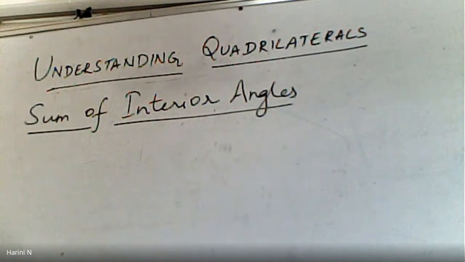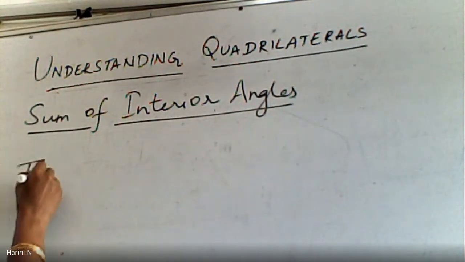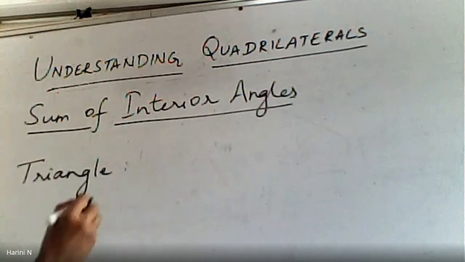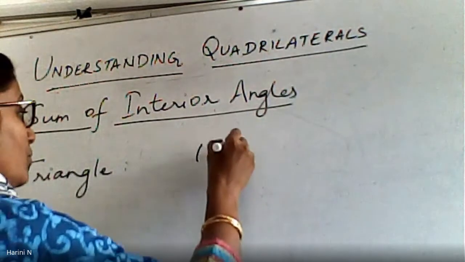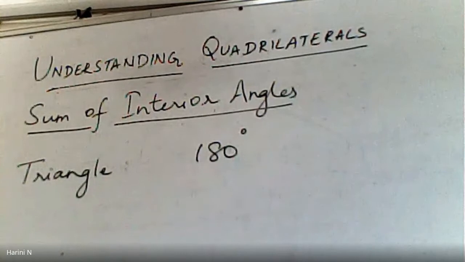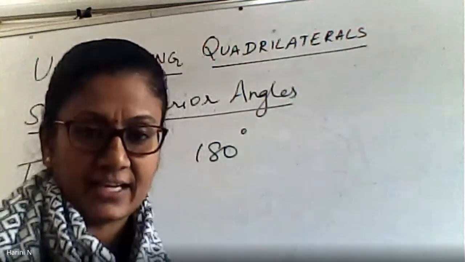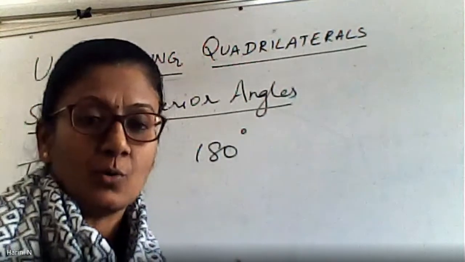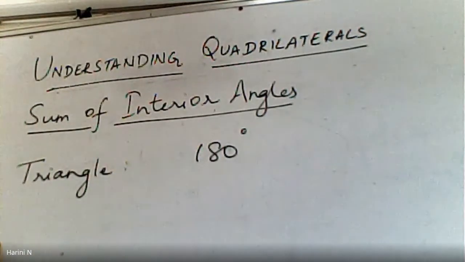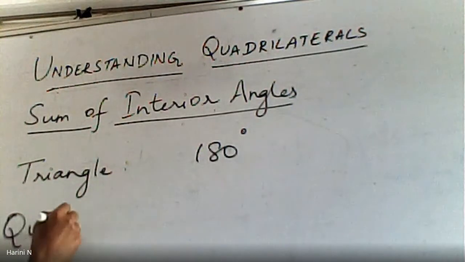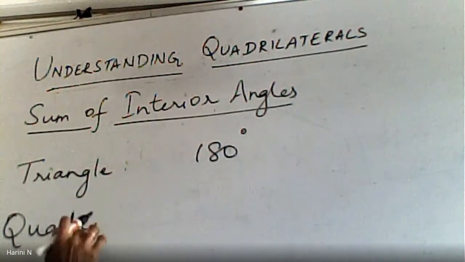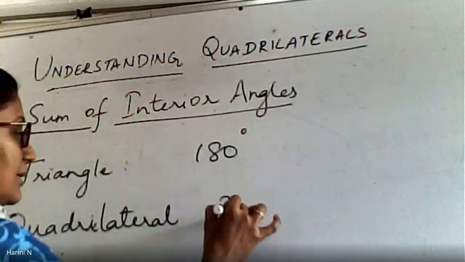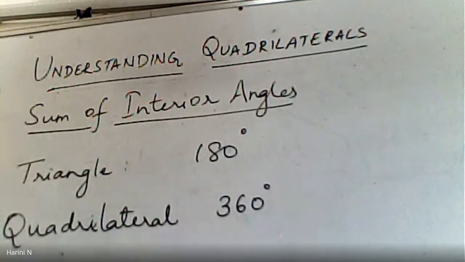We started with a triangle. Though we did not draw it, we have discussed it. Triangle, the angle sum property. Sum of the angles will become equal to 180 degrees. We have done this in class 7 itself, right? When you add all the interior angles of a triangle, it will sum up to 180 degrees. Now, when it comes to a quadrilateral, this is our first activity we have done. It sums up to 360 degrees.